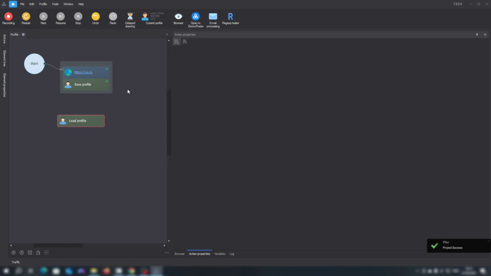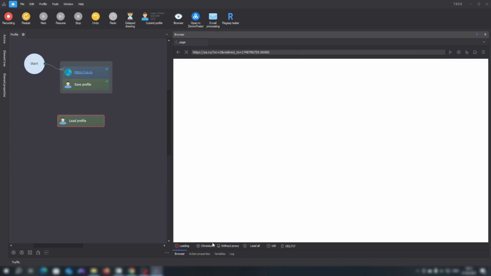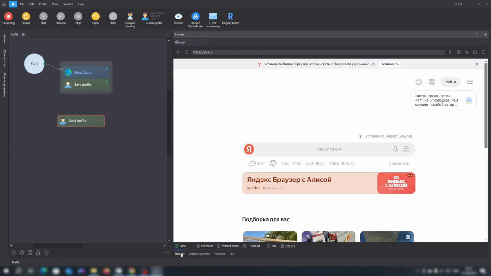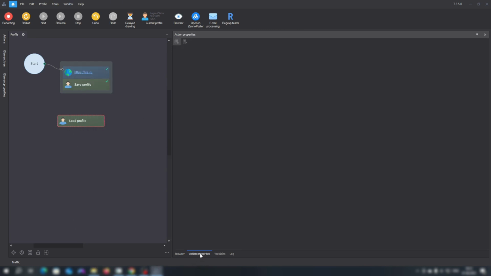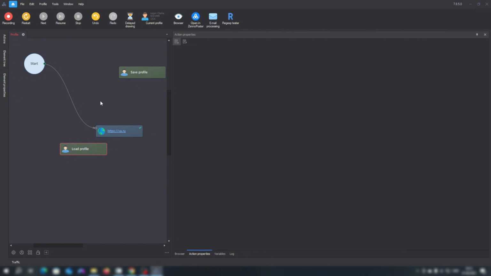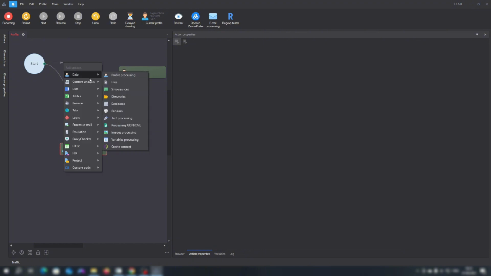And let's also restart the project, so that we can create new profiles again. And let's save it as well, so we have several of them. Now we go into our project directory, and we see that a Profiles folder has been created. It wasn't there before. We go into it, and we see that two completely different profiles have been generated. Now we can perform various operations with them. For example, load them. Let's change the action and select Load.